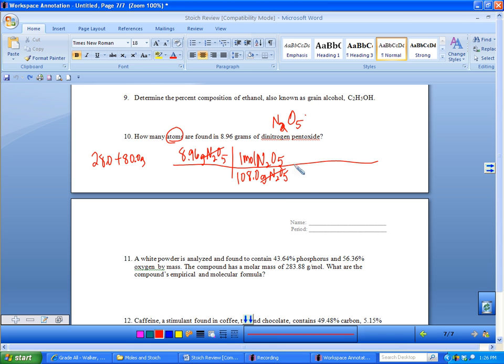Then I'm going to go out of moles to molecules, and I'm going to say 1 mole of that stuff is 6.02 times 10 to the 23rd molecules of N2O5. Most people stop there, but that's not what they wanted. They wanted atoms. If you look at this, there are 2 nitrogen atoms and 5 oxygen atoms, so there are